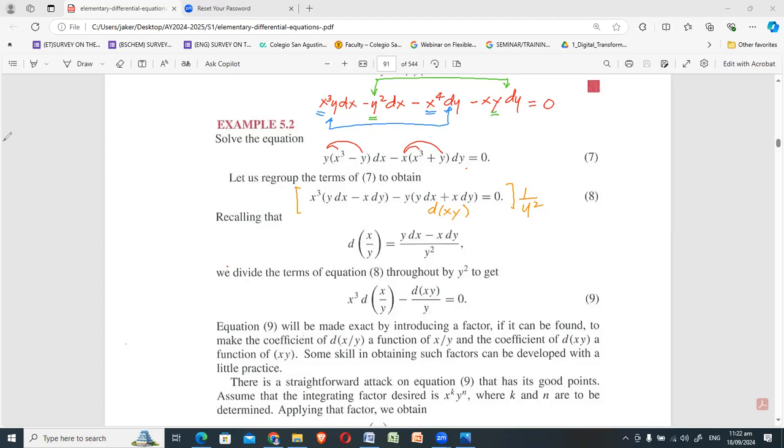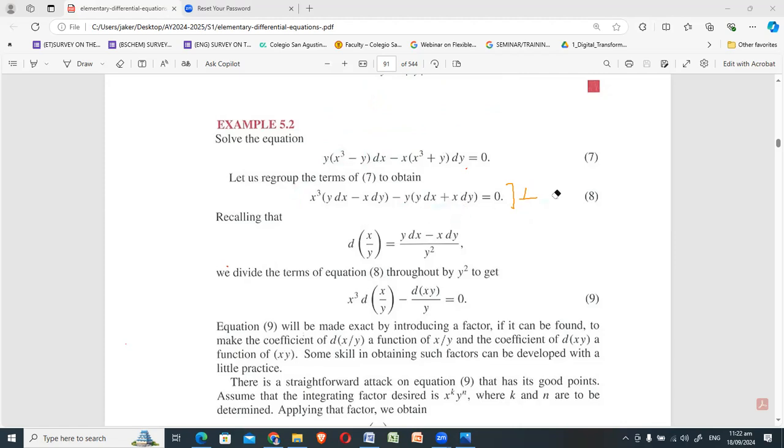Now, we just erase this one so I can go down. So you're not yet done. You need to do something to this equation 9 to make the two terms in equation 9 readily integrable. So you need something to multiply. Your first multiplier is y squared, so that you'll have something like this. So you now have to think of another multiplier. That way, you'll be able to introduce y over y here in the first term, and you'll be able to introduce x on the second term.